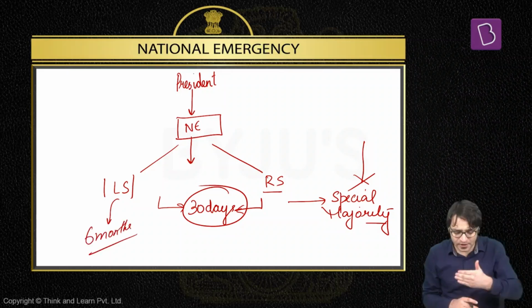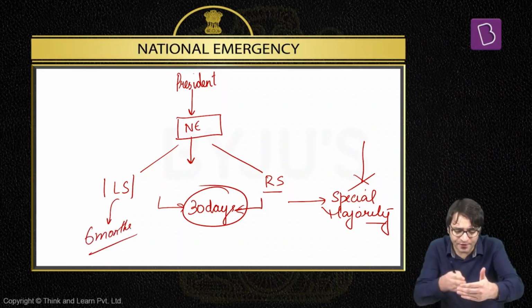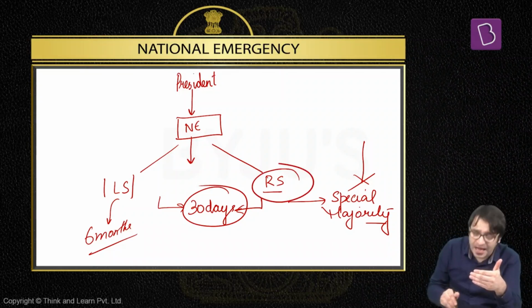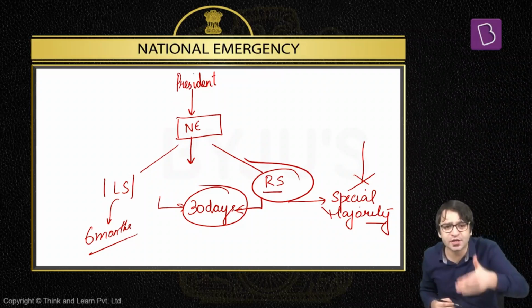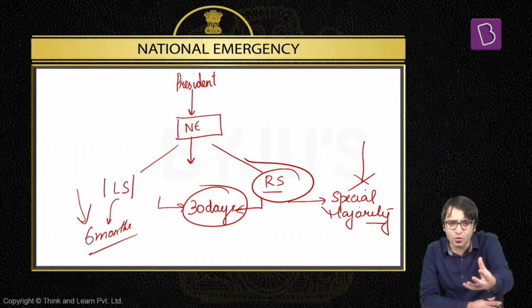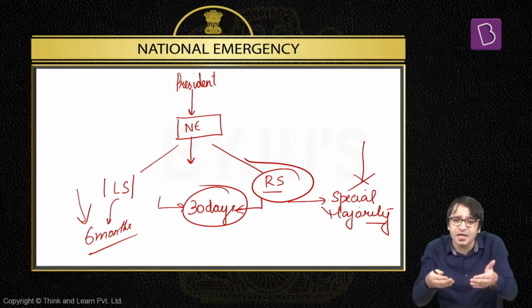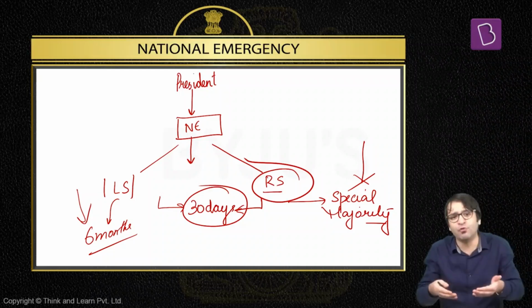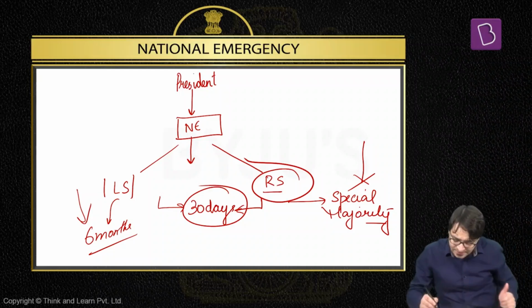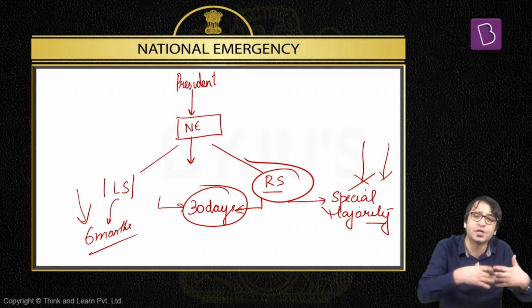National emergency imposed continues for 1 month. Within 1 month, both Lok Sabha as well as Rajya Sabha have to approve this national emergency. And if they approve it, from the date the second house approves this national emergency, from that date, this national emergency continues for 6 months. After 6 months, what if we want to continue with this national emergency? We have to go back to the parliament. Please, Lok Sabha as well as Rajya Sabha, just like you allowed us in the first instance, please approve this national emergency again. We want to continue with this national emergency. And if it is approved the second time by both houses of the Indian Parliament, that too by passing a resolution by special majority, this national emergency continues for another 6 months.